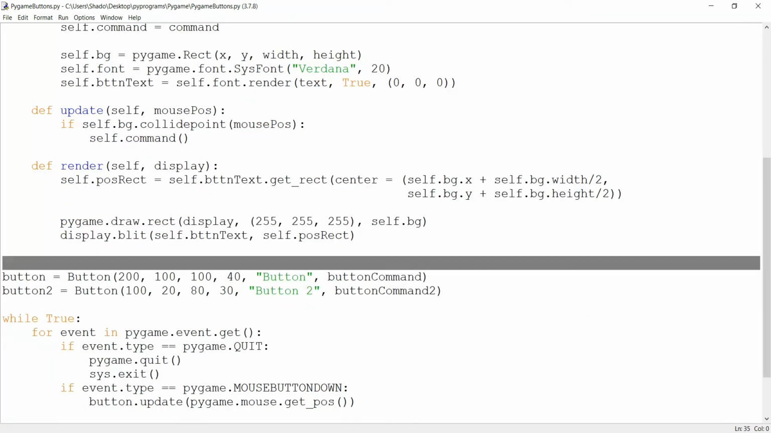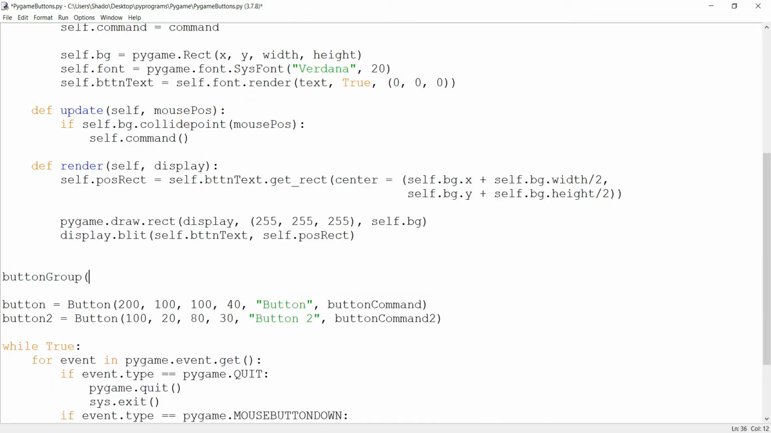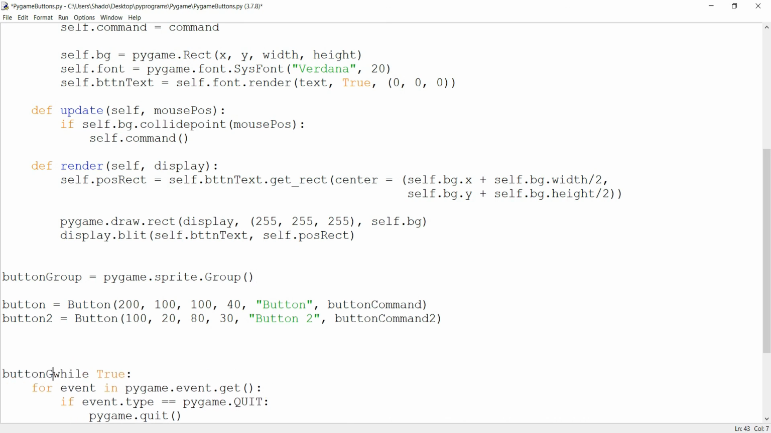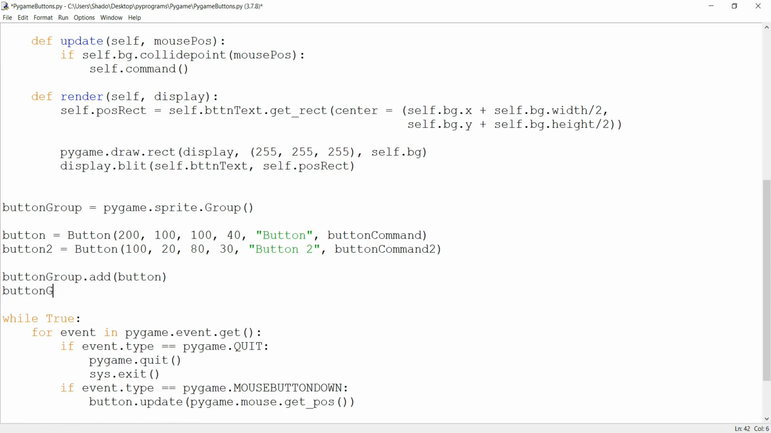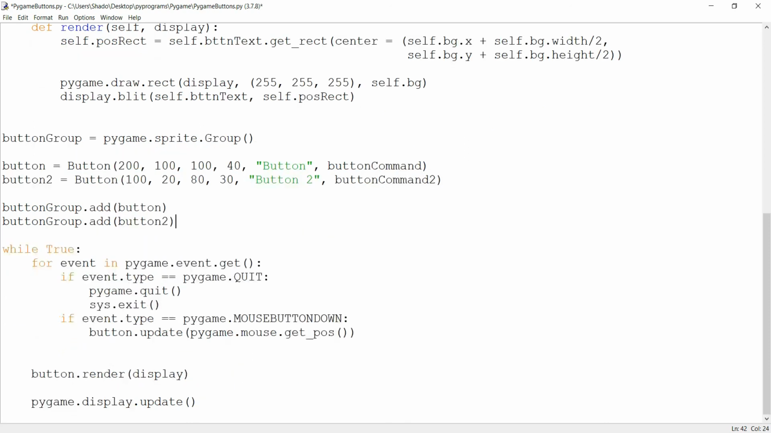So I'll come down here and create a sprite group. I'll call it button group, is equal to pygame.sprite.Group. And what I'm going to do here is button_group.add(button), then button_group.add(button2), and I'll just remove this, we don't need this anymore, and I'll replace this with one line, or maybe two, for button in button group